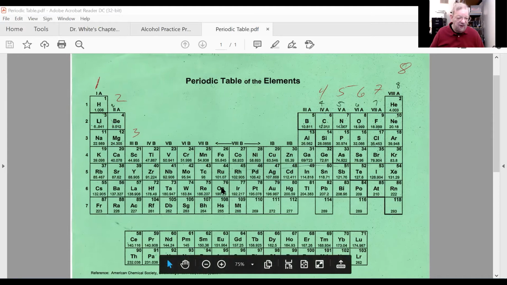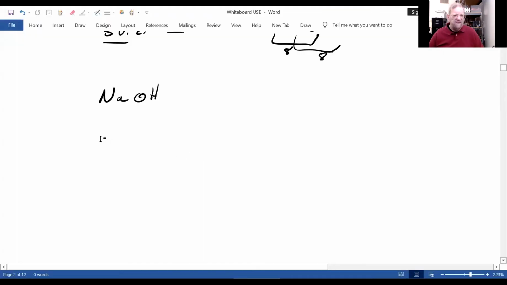So let's look at how we draw the Lewis structure for, and the question would be,